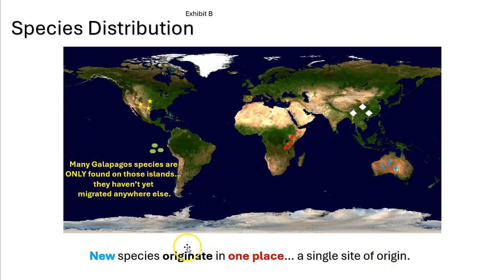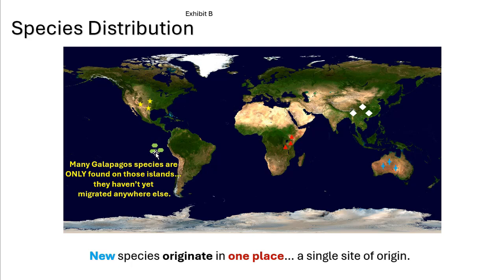And that helps us understand another pattern Darwin found having to do with oceanic islands. For example, many Galapagos species are only found on those islands. And the reason, said Darwin, is because they evolved there and they haven't yet migrated anywhere else. And this is true of other oceanic islands that are far from continents. They tend to have a high proportion of species found nowhere else in the world. And that would make sense if species originate in one place. So continental species got themselves out to the islands, and then new species evolved on the islands, and they haven't